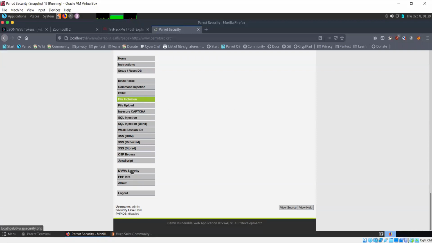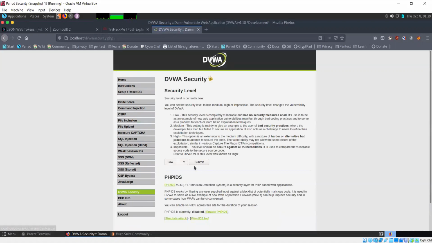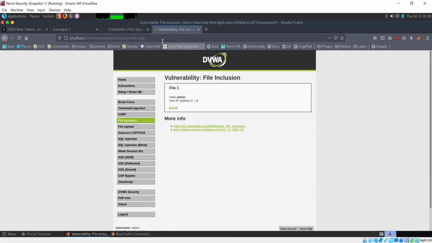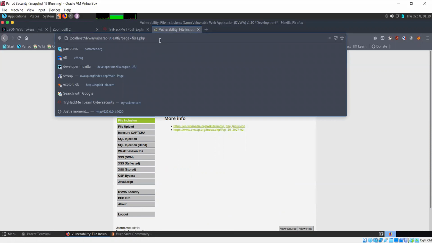Now if I go back to the security part, set it to medium. Let's try the same thing again. File1.php.